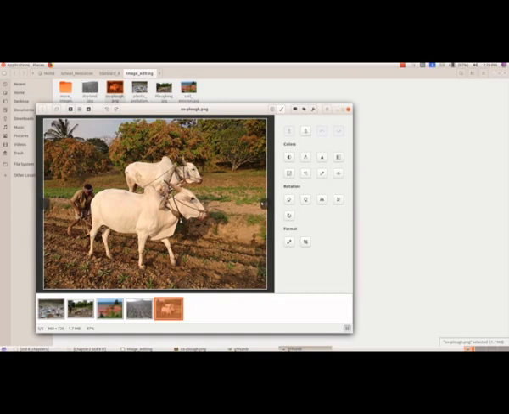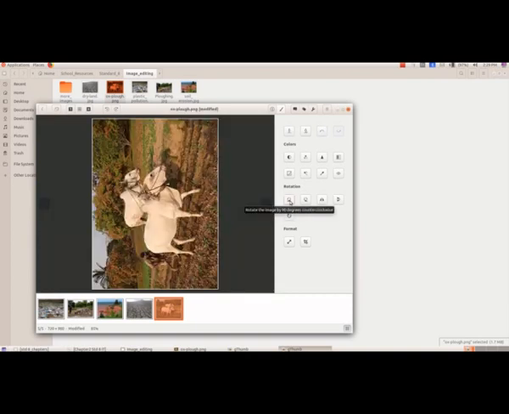And now we are coming to the next section, which is rotation. Here, first one, it is rotate the image by 90 degrees counterclockwise. We'll see that. So we got the image like this. And now we'll see the next one, rotate the image by 90 degrees clockwise.